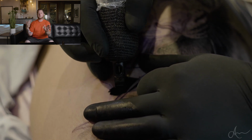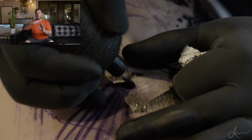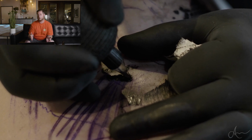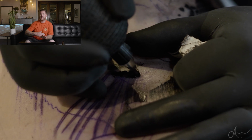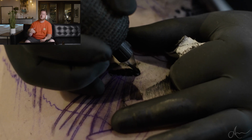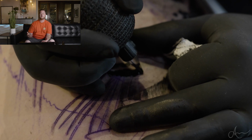So what I would do is do black and fade that out as soft as possible. Go back into a 6 or even a 3 drop. Just basically start halfway where I can't see skin anymore and fade that out. And when I do fade that 6 or 1 or 3 drop out, my hand movement is slower. So what that does is the speed of your machine, speed of your needle, the intensity,